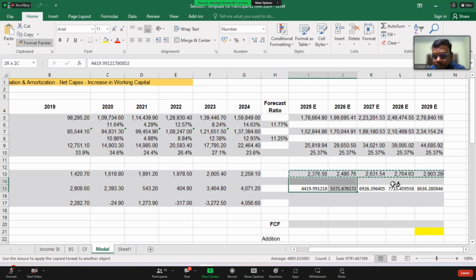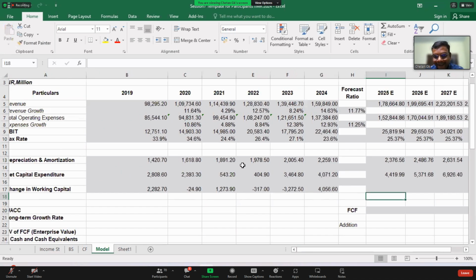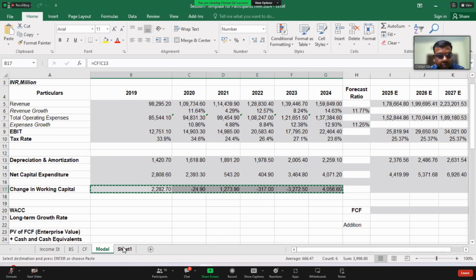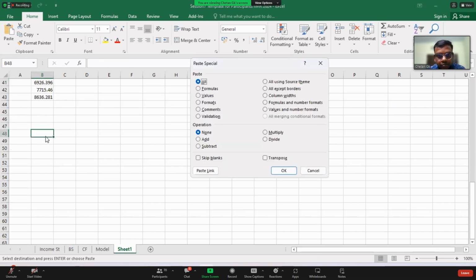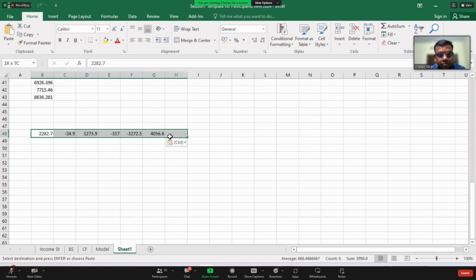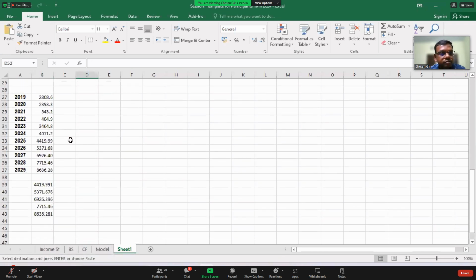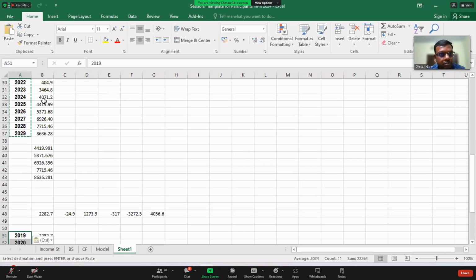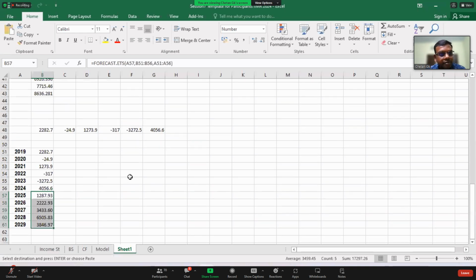Done. So a higher side, because you can see minus values are also there here.